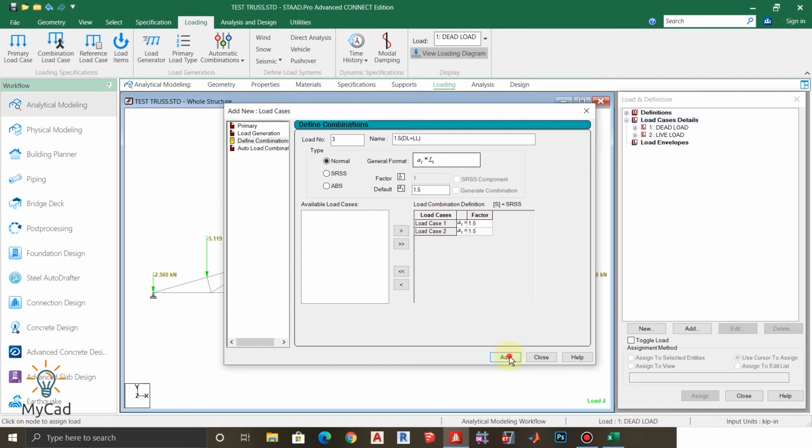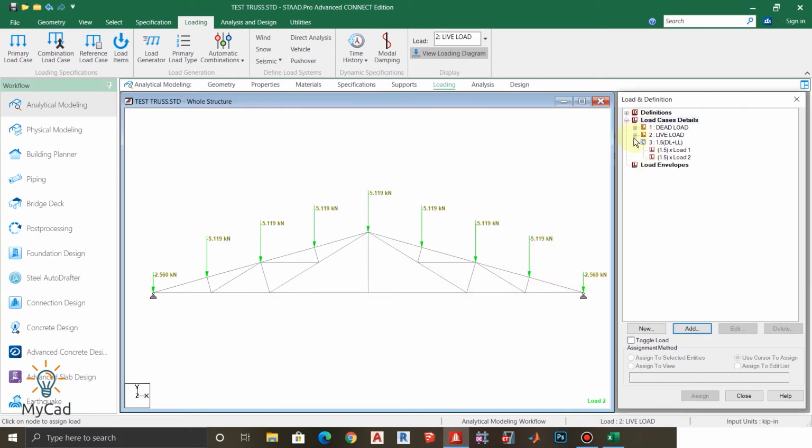And now click on add, and you can see here two load cases as dead load and live load, and another is the load combination, that is 1.5 into dead load plus live load. This is how you can create as many load cases as you want. Now I'll close this window, and you can see two load cases and one load combination have been created.